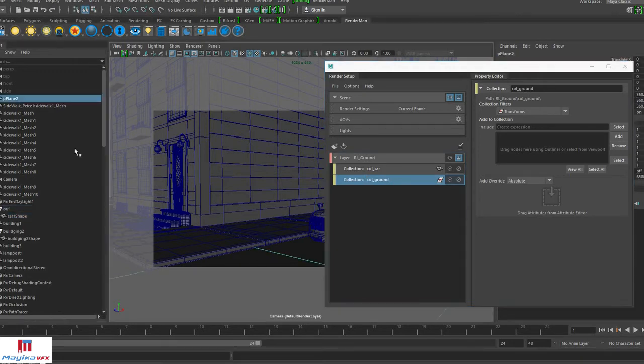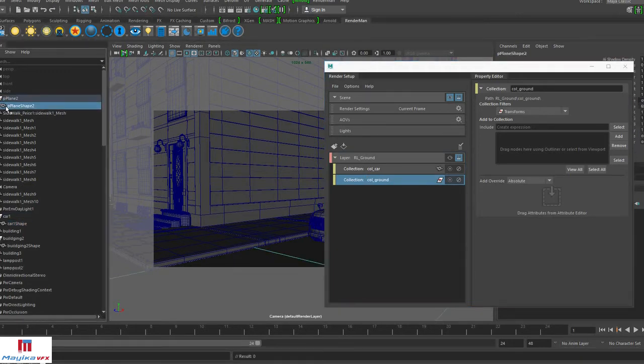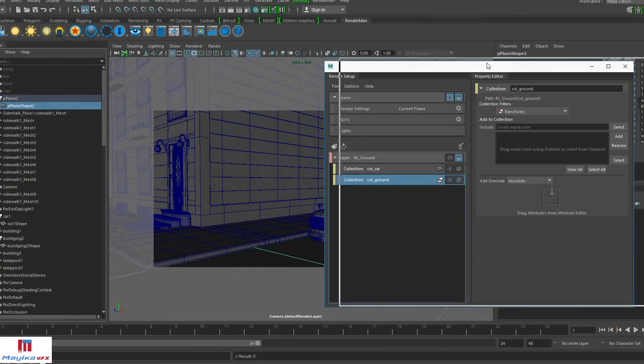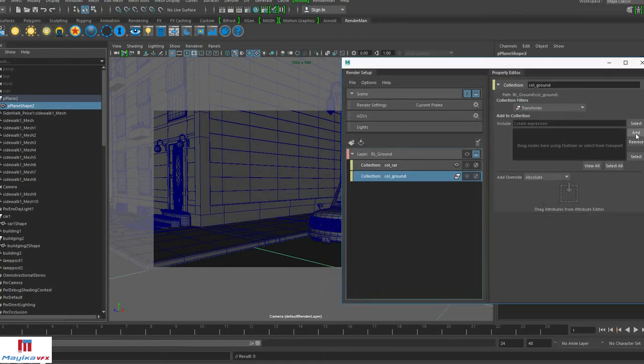Let's add all of these objects required for ground. Yeah, let's add shape. Now it's done. Now to add object settings